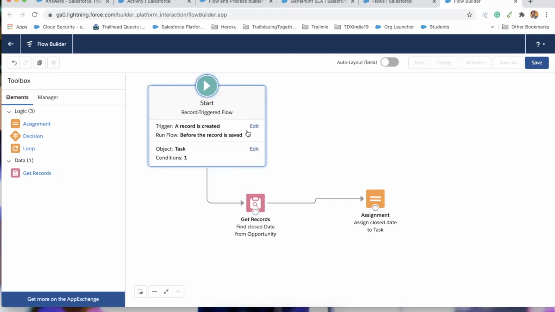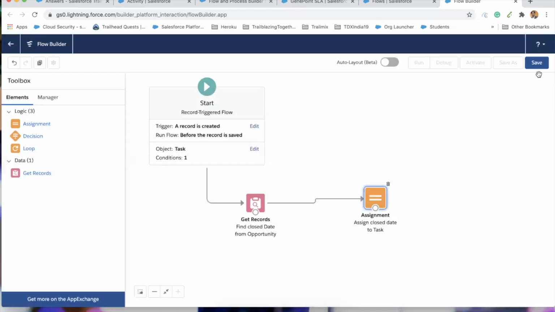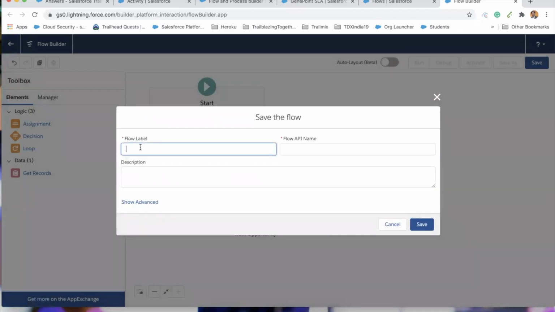Start, then find the opportunity, then assign the field on the task from the opportunity. All good. Save it, give a proper name: update field on task from opportunity. You can give a better name. Done.